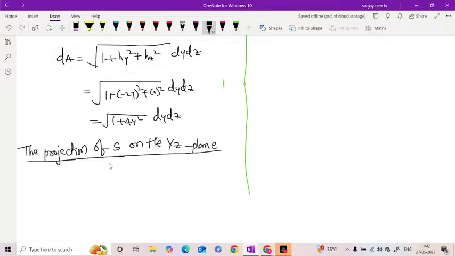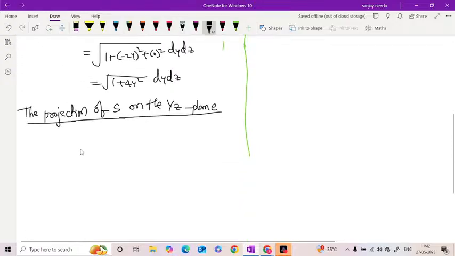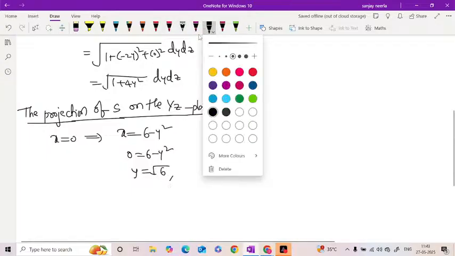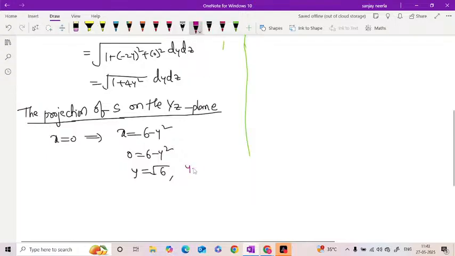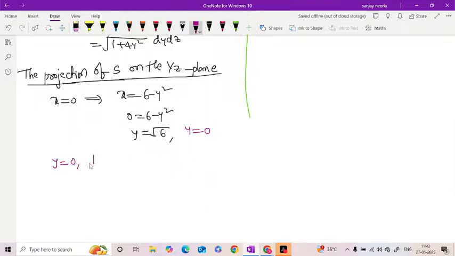So anyway, the x value must be 0. The x value is 0, but what is our equation? x is equal to 6 minus y square. After substituting, we get 0 is equal to 6 minus y square. Now y is equal to root 6, and already it has given one of the y values, 0. So finally, the y limits are 0 to root 6,